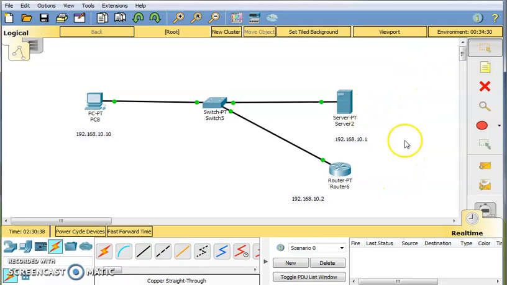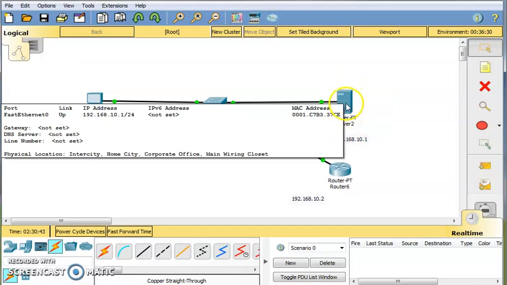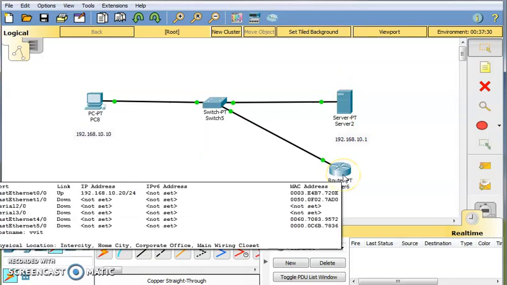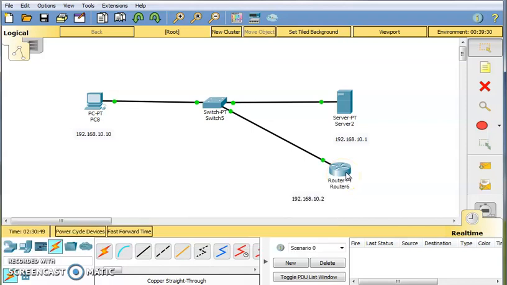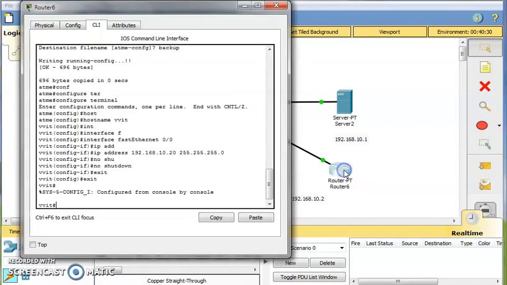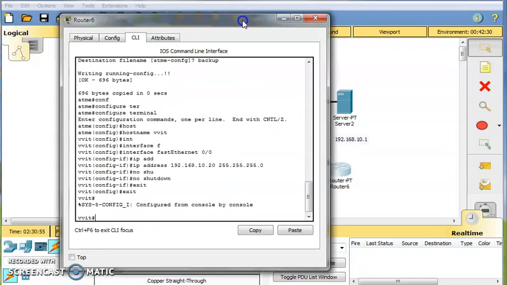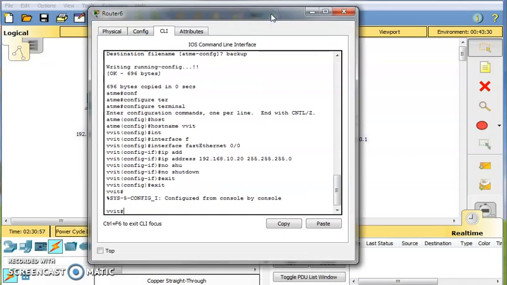Now I will restore this backup file from this server to this router. Once it is restored, again I will get the old configurations. In the old configuration, the host name is ATME. Now it becomes VVIT. You have to be in privileged mode. Command is copy.